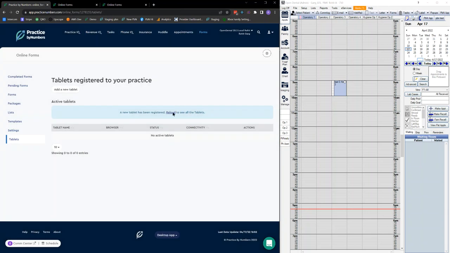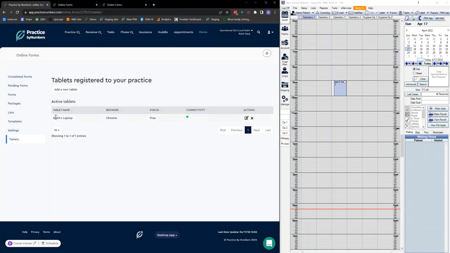And now if I close this thing and I'll show you, it says Rohit's laptop, it's a Chrome browser, status is free, and the connectivity is green. So we are ready to check patients in and complete forms. Okay. At this point, your basic setup is